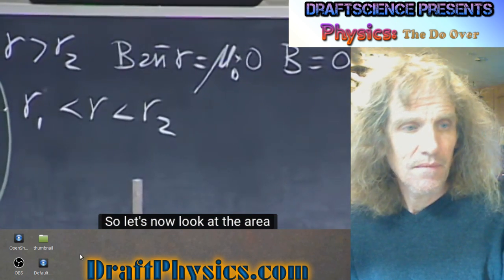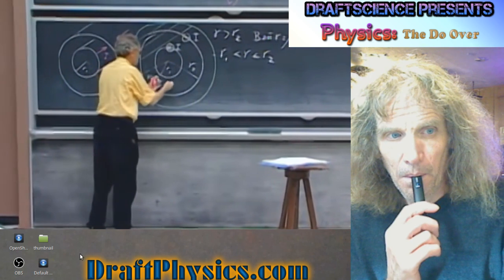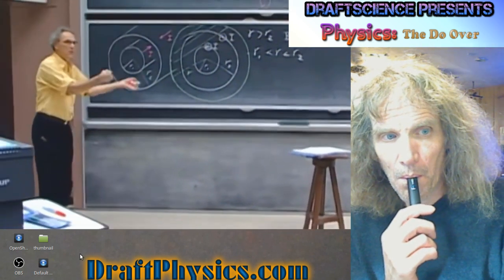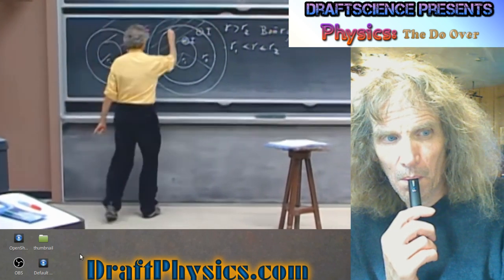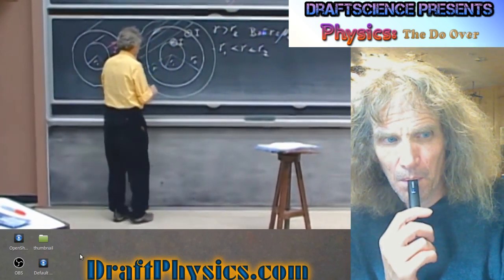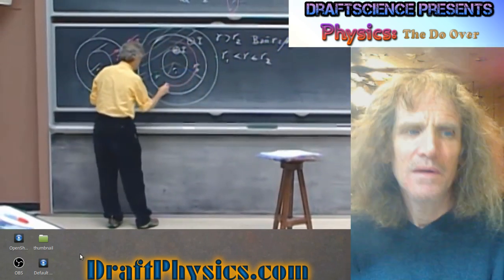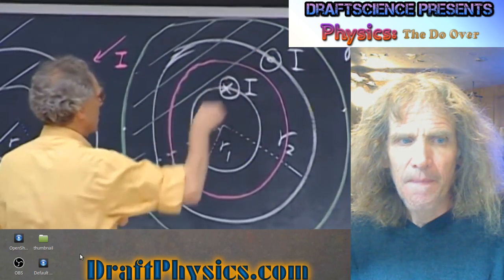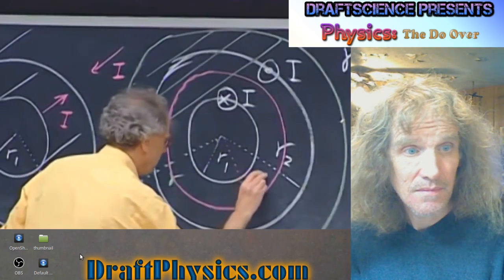So let's now look at the area in between the two cylinders. These are hollow cylinders. Now this is completely open here, and this is completely open. They are thin material, thin shells, both cylinders. Now, of course, the closed loop is going to be one inside the opening between the two cylinders. And again, I pick radius r.